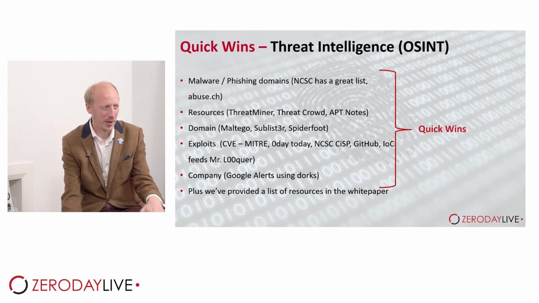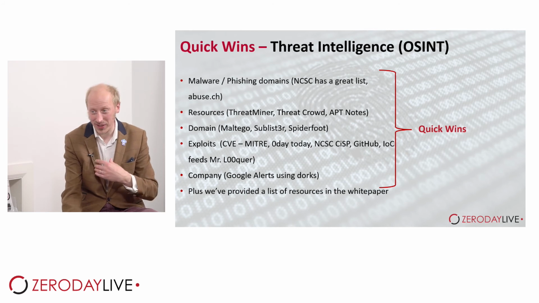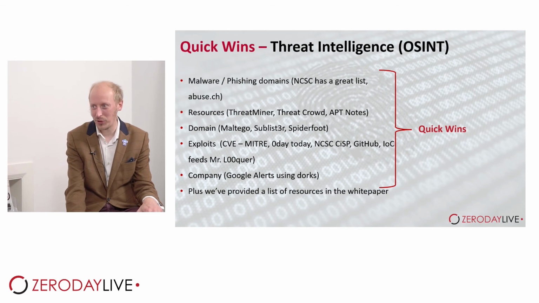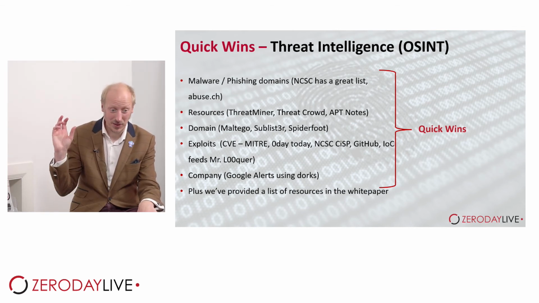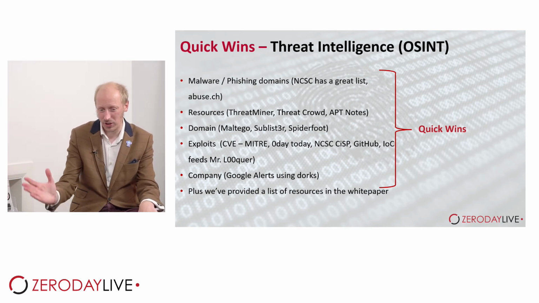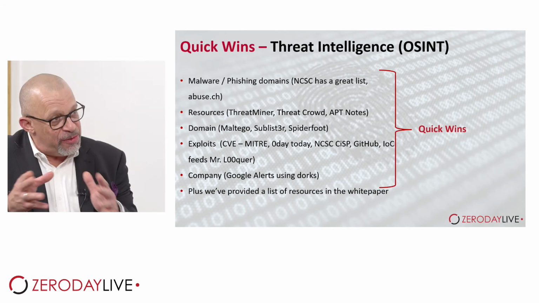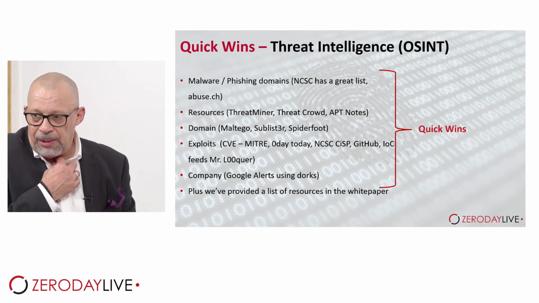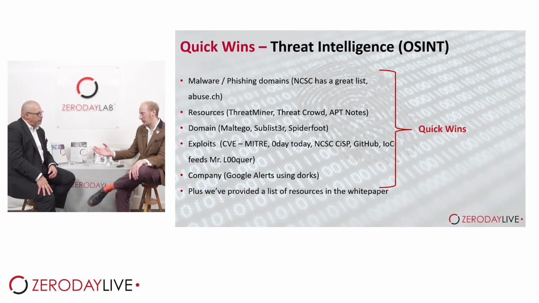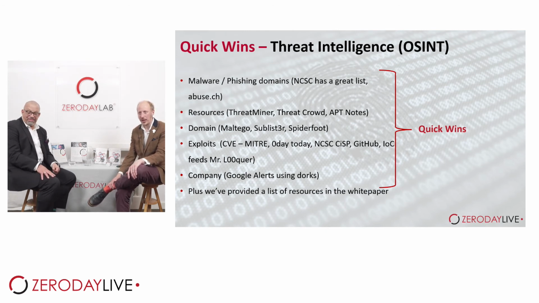We'll show you this in a second. Obviously, for domain stuff as well, I'd use things like Maltego and Sublist3r for identifying your own attack surface and subdomains. You could look into attackers as well: if you find a top-level domain that you've identified, you can identify all of the subdomains that exist off it. So Sublist3r will help you find those subdomains? Yeah, absolutely. Throw Sublist3r at it. You can do the same with DNSdumpster as well, identifying subdomains and what they look like. And then, of course, SpiderFoot's absolutely fantastic.